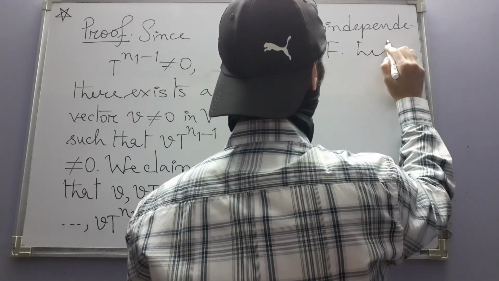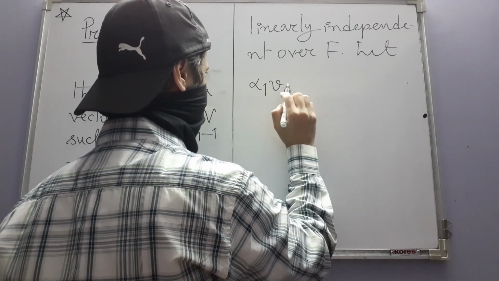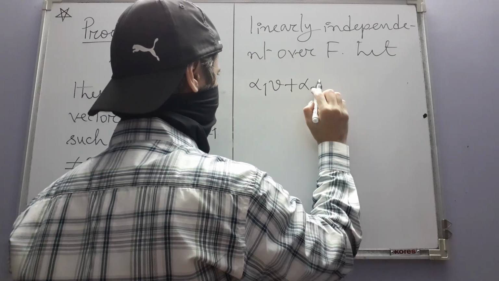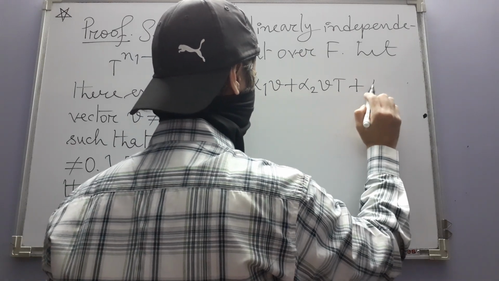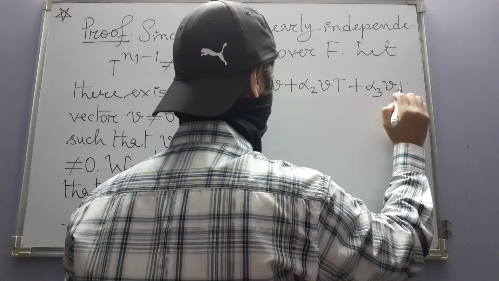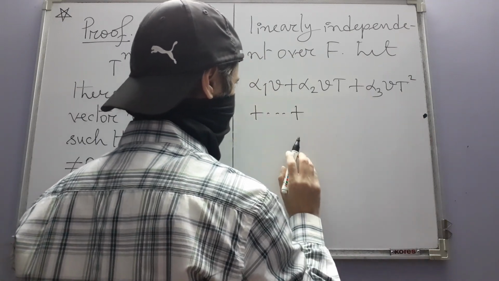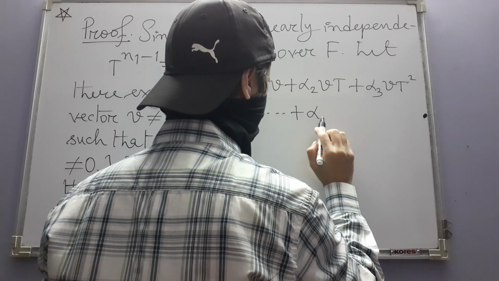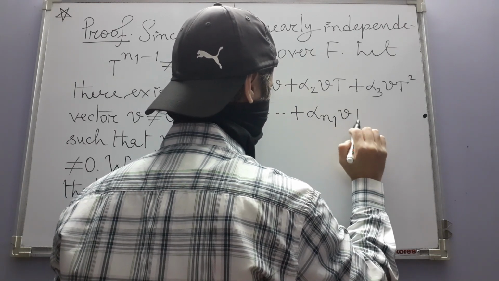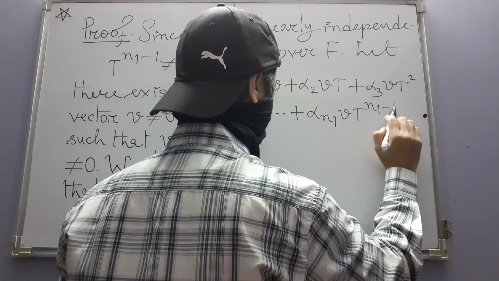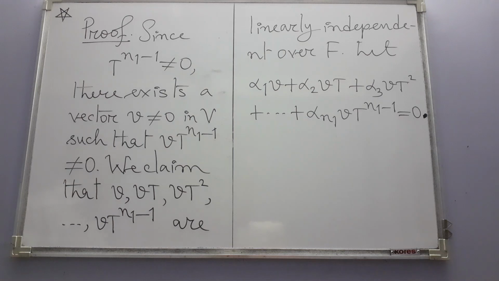So accordingly, let alpha 1 v plus alpha 2 vT plus, let me write one more term, plus alpha 3 vT square, and like that it will go up to alpha n1 vT to the power n1 minus 1 be equal to the 0 vector